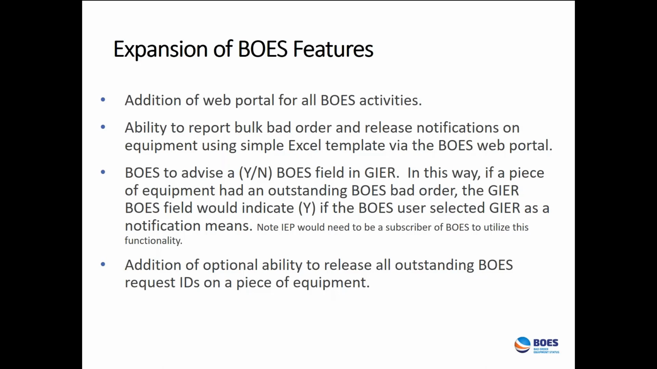As we moved forward with the testing, it was determined that the better way to do that was not to worry about the specific request ID, but go by the alphanumeric chassis ID, which is how BOES handles that now. So if we get a bad order transaction and then we get a release following that, if there's multiple bad order transactions, that single release would release all the bad order